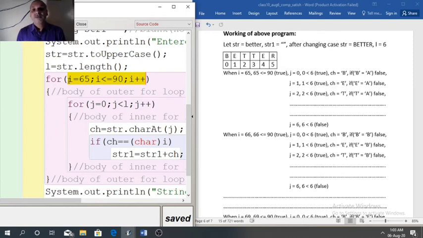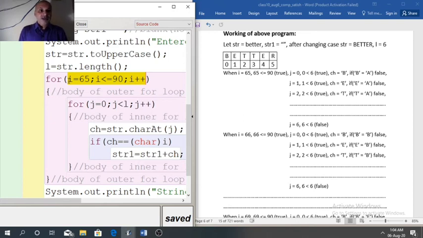So in case of arranging the characters in alphabetic order, our loop will start from 65, it will go up to 90, and between these two numbers we have to extract each number.